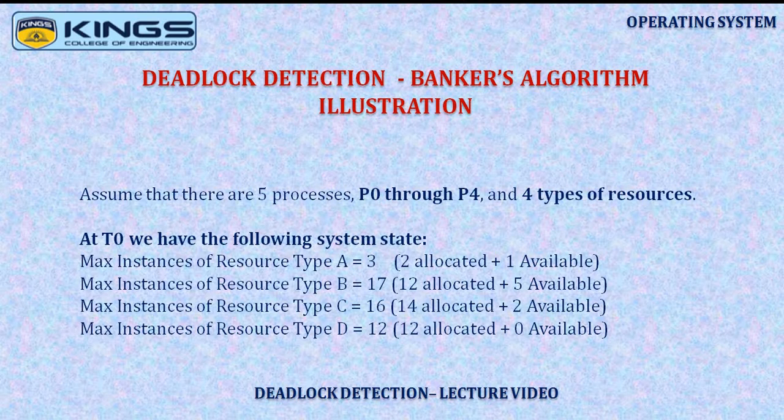Assume we have 5 processes P0, P1, P2, P3 and P4. Each process might require some resources to complete their task. So the available resources at the system end are named as A, B, C and D. At a given point of time T0, the following is the state of the system. So there are 4 resources A, B, C and D, and we have 5 processes P0 through P4. Each of the processes will be in need of some set of resources in order to do their task.